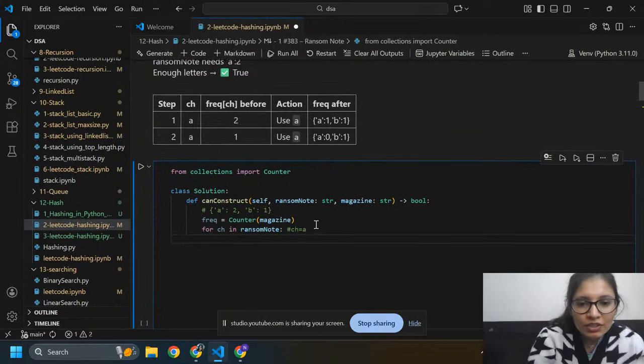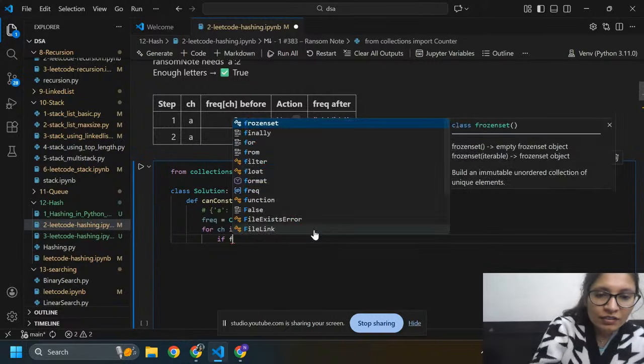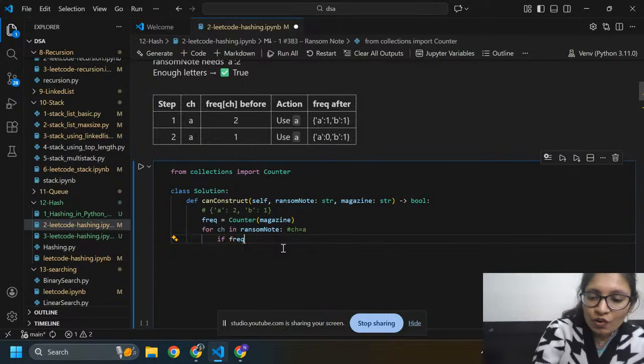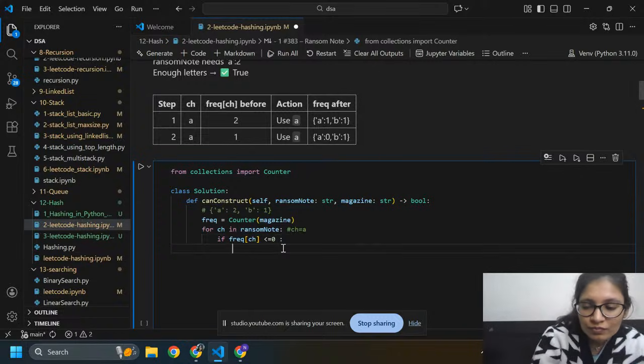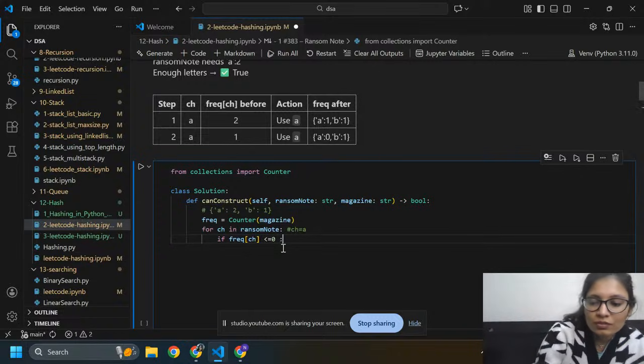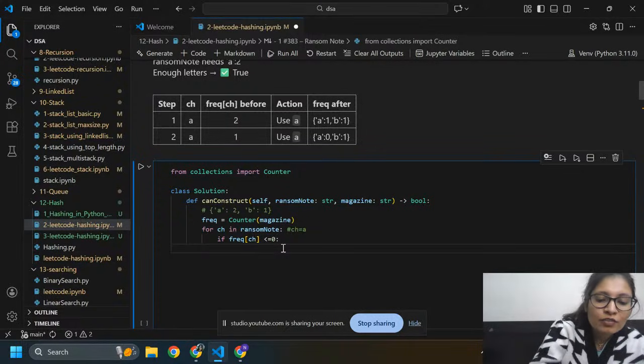After this for loop, it checks the frequency. If frequency of ch is less than or equal to 0, then it will return false, because we can't do anything with frequency 0 or less than 0, so I need to return false.